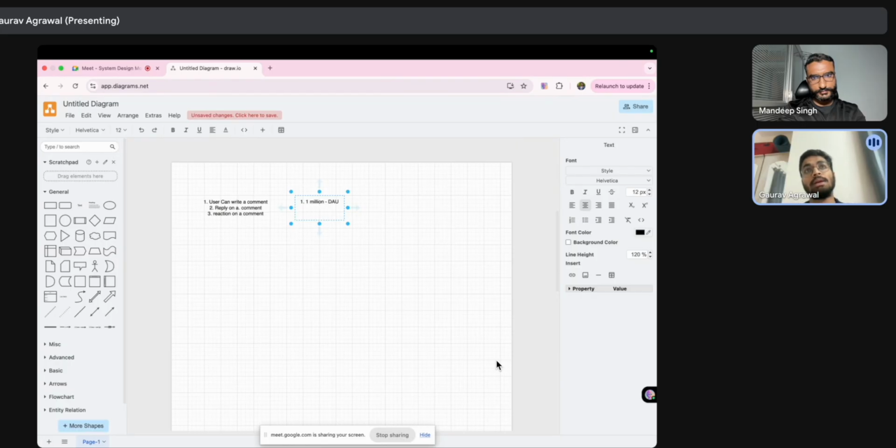Now, for 1 million users, let's suppose 50% of users are commenting on a post, or replying on a post, or making some reaction to a comment. So the users commenting will be 50 percent. I would take it as 1 million just to ease our calculation. So with 10 million, our users commenting will be like 5 million per day.